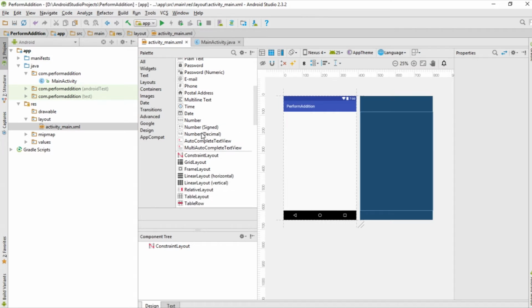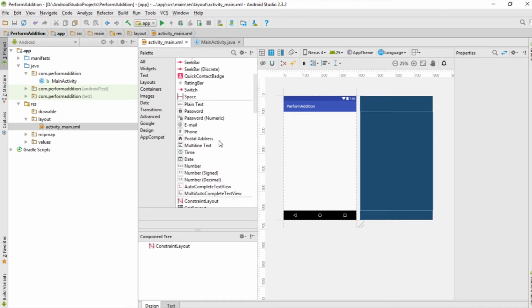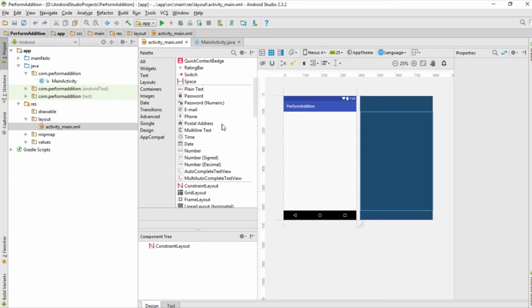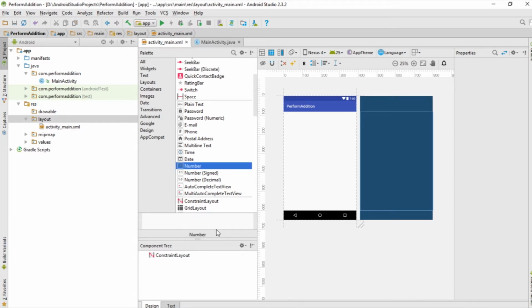For performing the addition, what we basically need is two input fields for two numbers. We are going to use some component which is going to accept my input, and I'm going to add those two numbers just by clicking on one button, and then display that result in some label. So before we begin to design the complete user interface for our addition application,